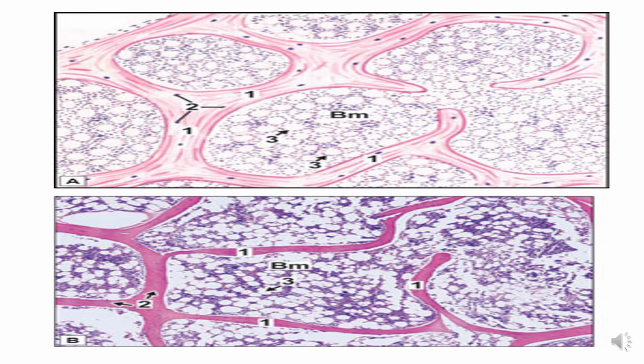In this picture, if you can appreciate, this is the trabecula that is formed by lamellae, and it is enclosing spaces containing bone marrow. Once again here, this is a trabecula formed by lamellae, and it is enclosing bone marrow. So this is the structure of spongy bone, which is found on either ends of the long bones.